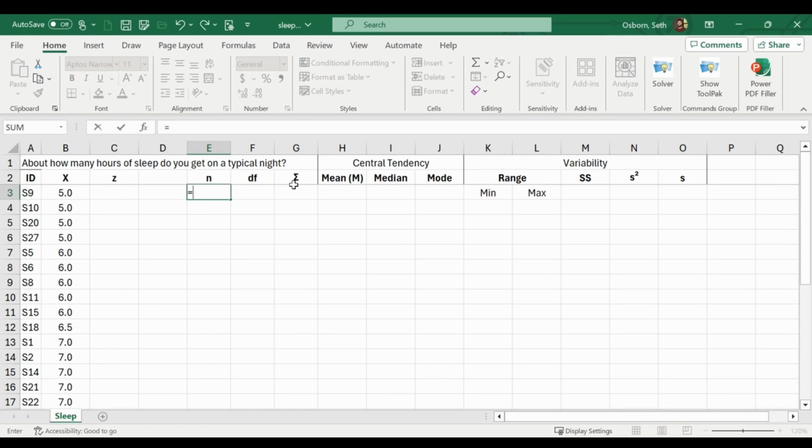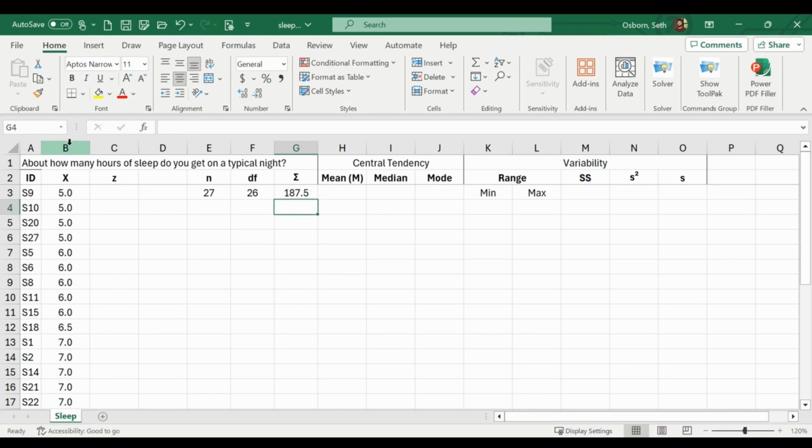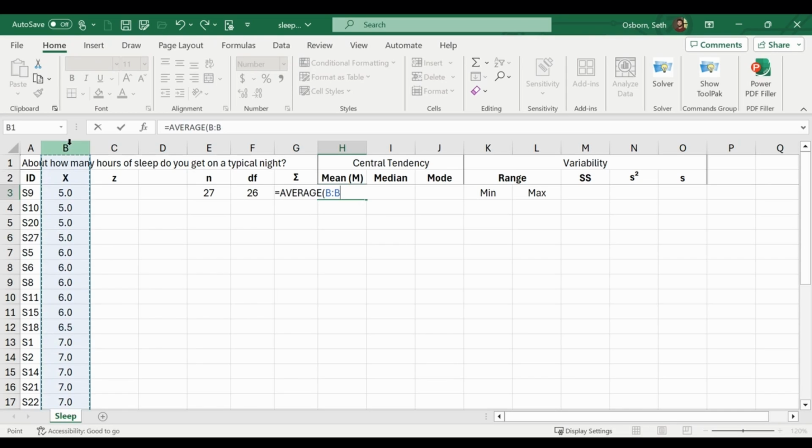So for example, we can say count equals count the number of scores. You can set up formulas to automatically calculate. So if the sample size is 27, the degrees of freedom must be 26, at least for the purposes of calculating the variance. You can say add up all the numbers using the sum formula. You can say average to find the mean,